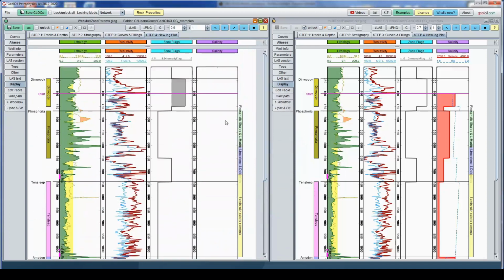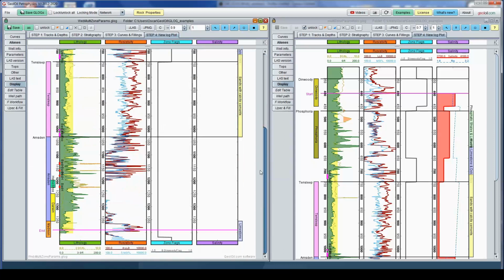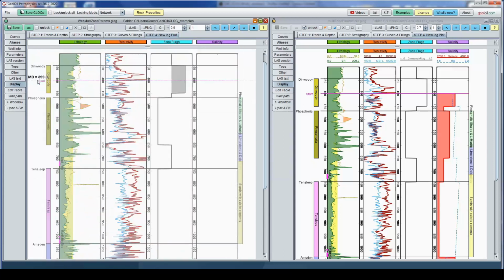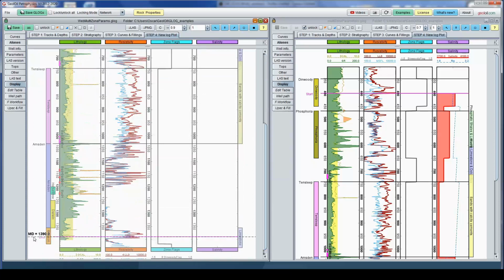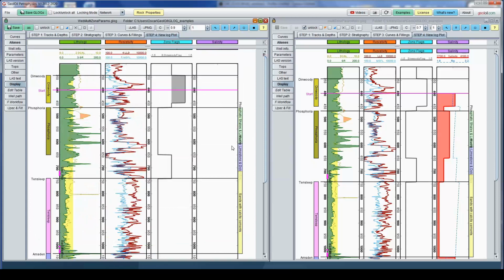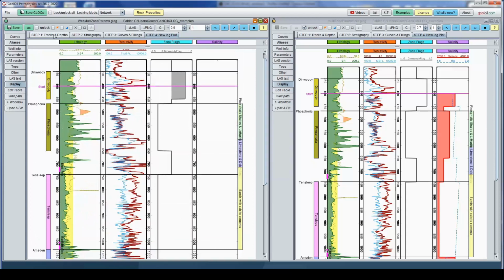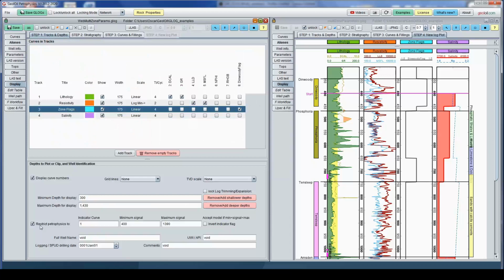There is another thing, you see. We want to process only the petrophysics from this start depth to this end depth. There are many reasons for that. You want to concentrate on pay zones. Another reason is your logs are reliable from this depth to other depths. So you go to step 1, track and depth, and you can specify this. So instead of processing the whole column, you want to restrict your computation, your petrophysics.